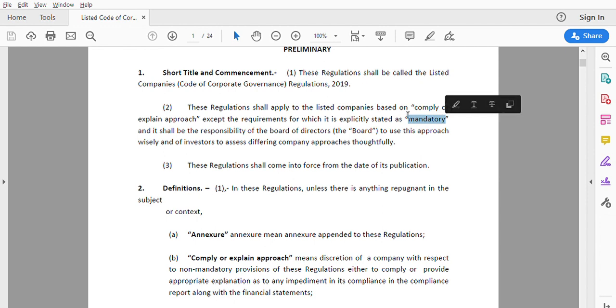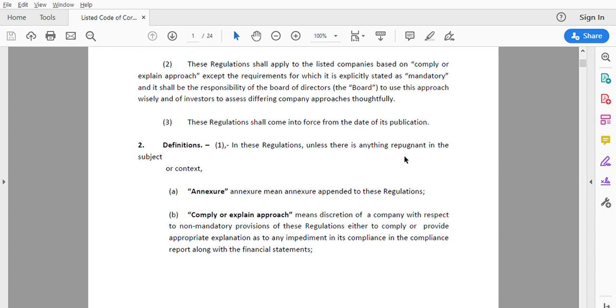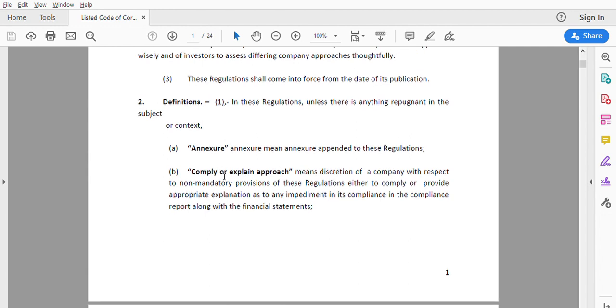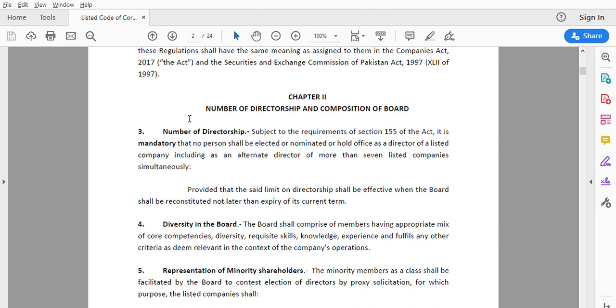As the word itself indicates, it is a requirement. Where a provision is not mandatory, the company has an option to comply or not, but it is always recommended to comply with the provisions. So here you can see the explanations given, the definitions. So the first